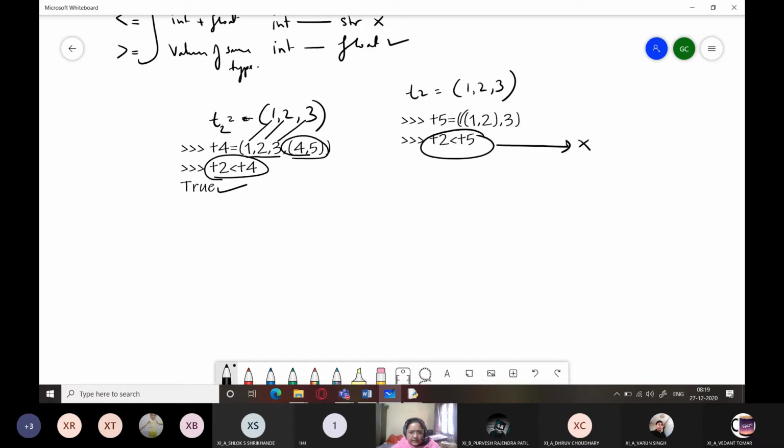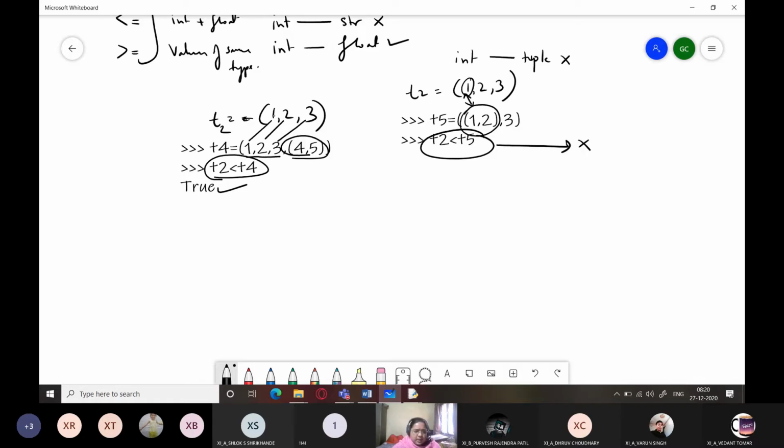Because it is trying to compare the first element of T2 with the first element of T5. 1, 2 is a tuple, which is the first element of T5, and the first element of T2 is 1. So the comparison is between an integer and a tuple object, which is blatantly rejected.